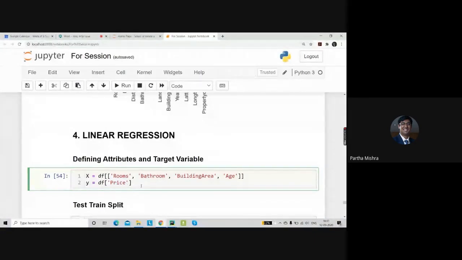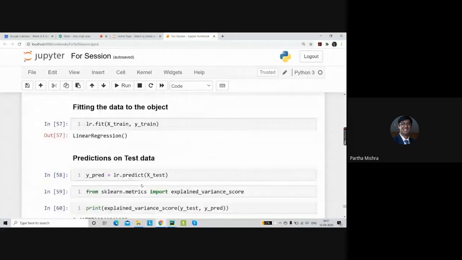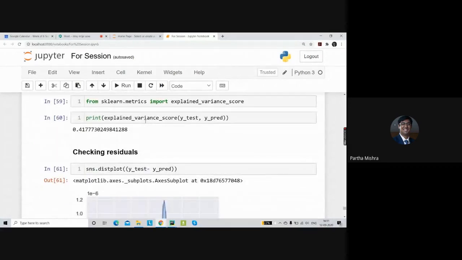This information is given by the explained variance score, which is coming out to be 41%, which is pretty good compared to the correlation matrix that we have built. So this was about the explained variance score.